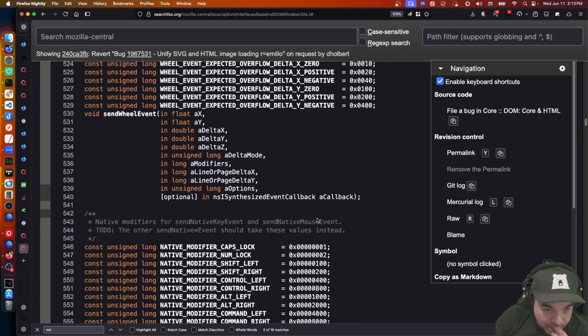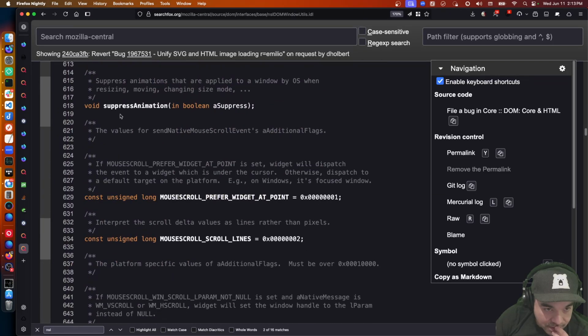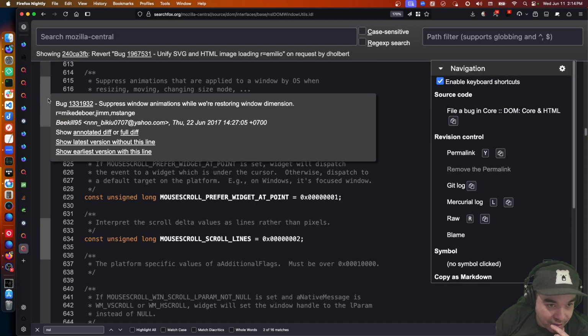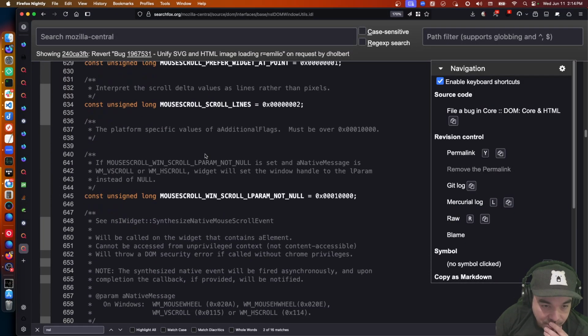These are just ways of sending test events. Key events. Suppress animations that are applied to a window by OS when resizing, moving, changing size. Right. I think I added. Did I add that? No. That is more like the actual outer window, not the content suppressing its animation.